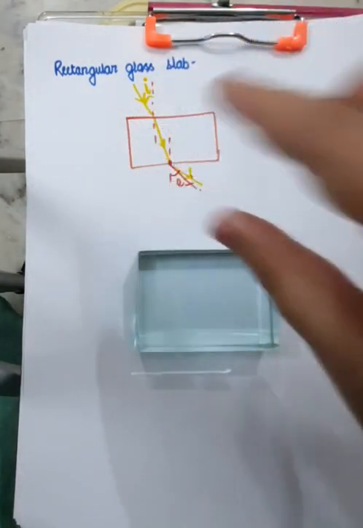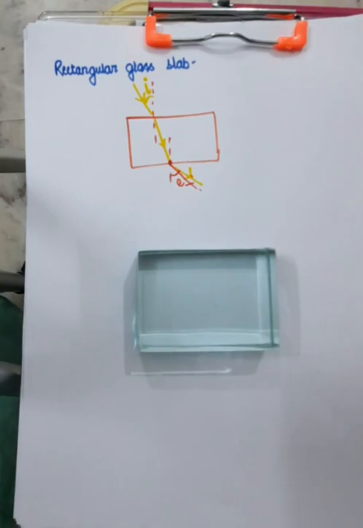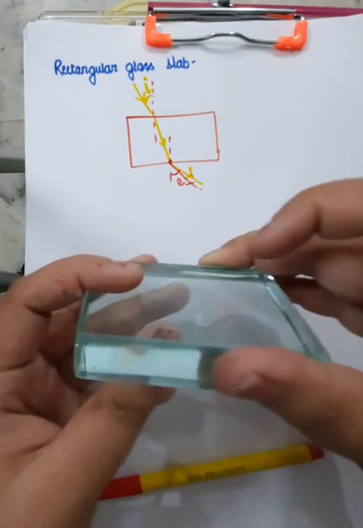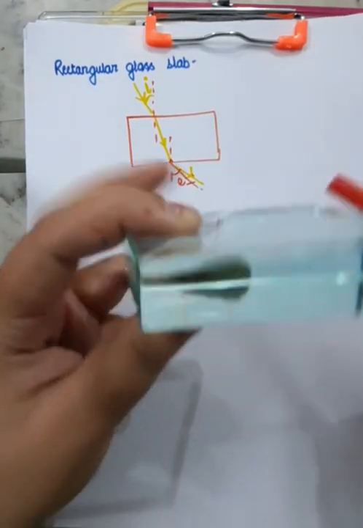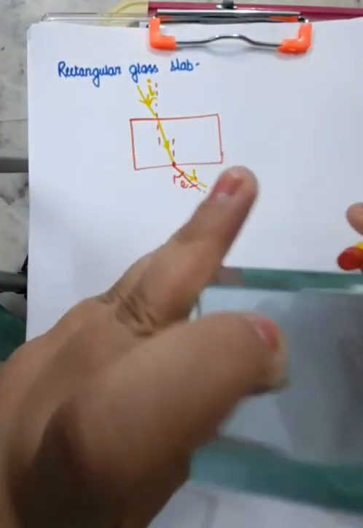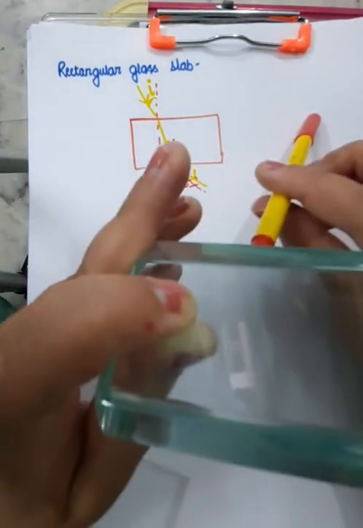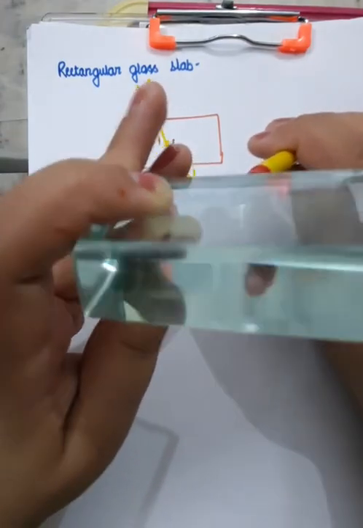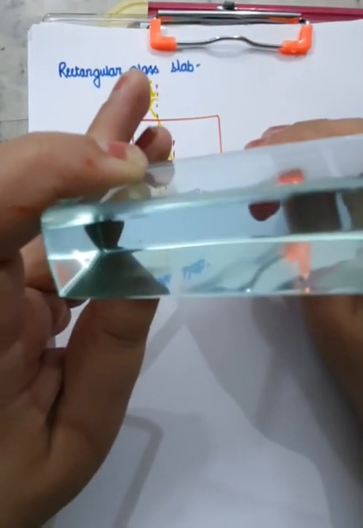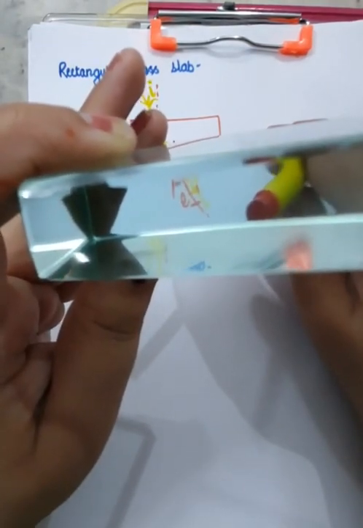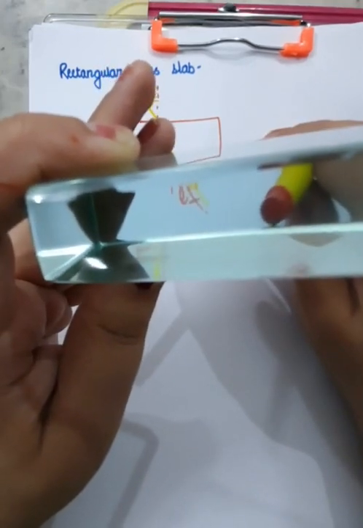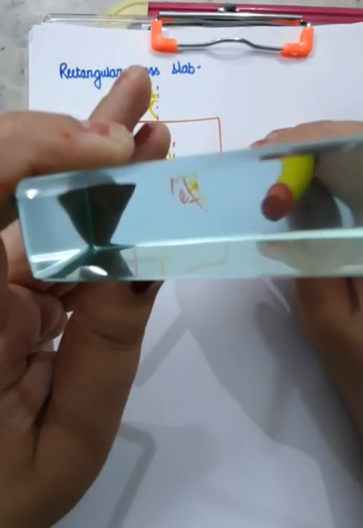And once you have picked up the light ray whose refraction you are going to look upon, then what you are going to do? You are going to bend down and you are going to view the same light ray from here. As an example, I'll show you. Suppose this is some light ray. Okay, this is the path of the light ray. If you keep it like this, and then you view it from the second surface, you can see the image of the sketch which is emerging from this face of the glass slab.